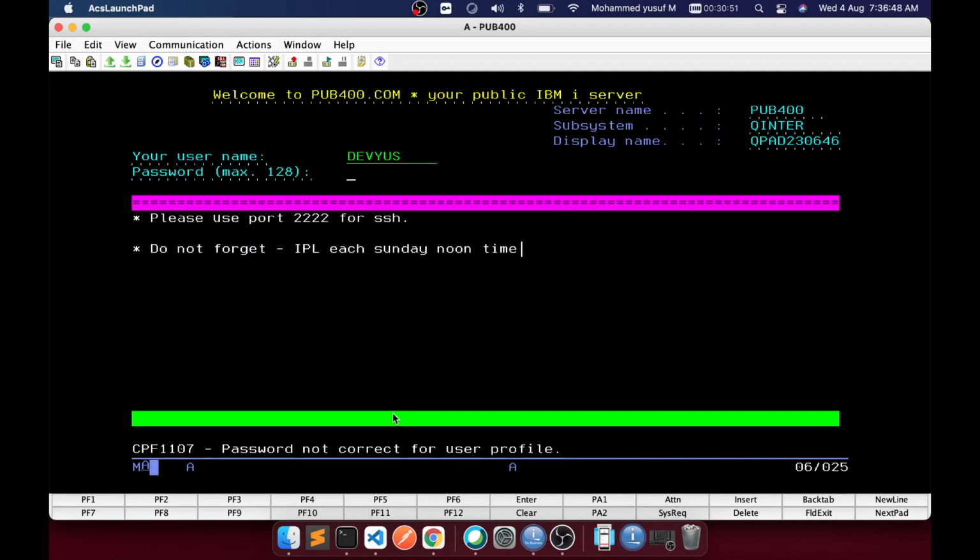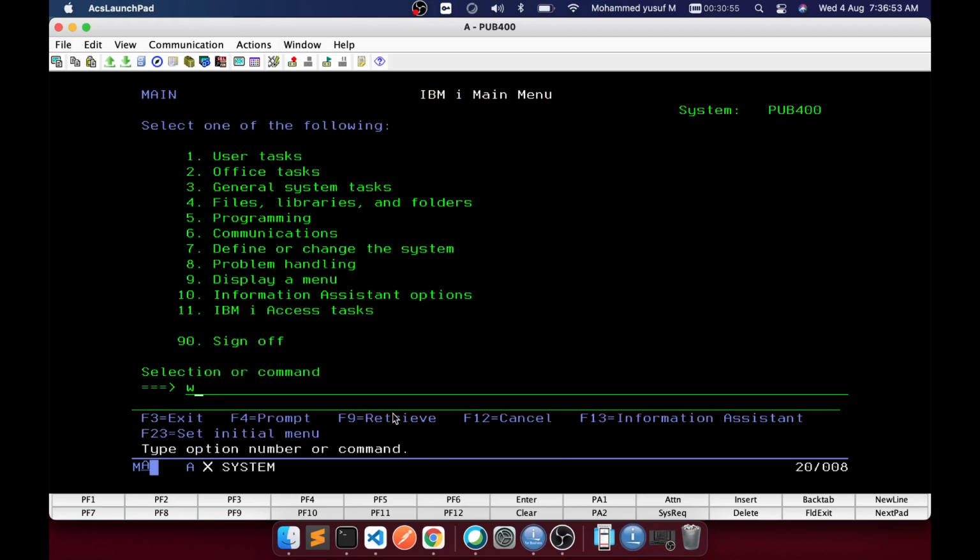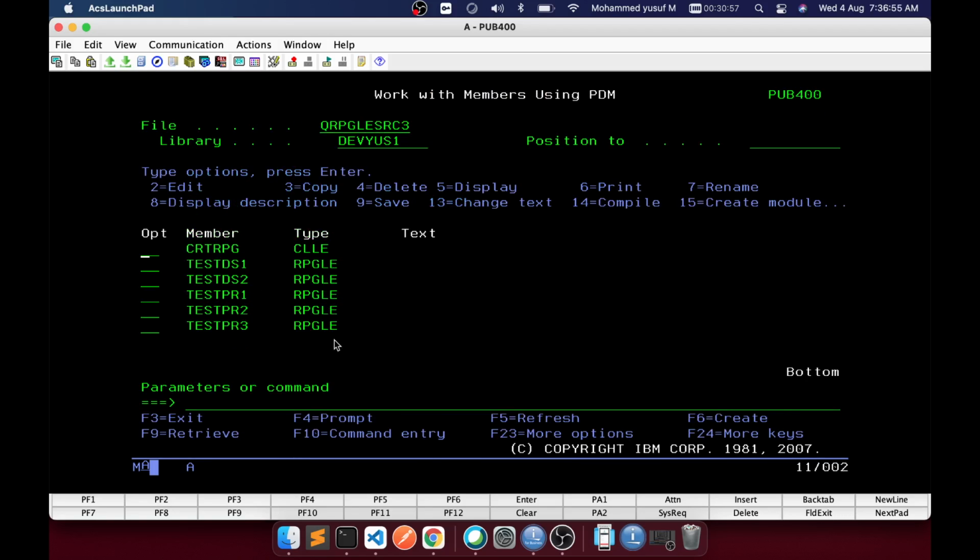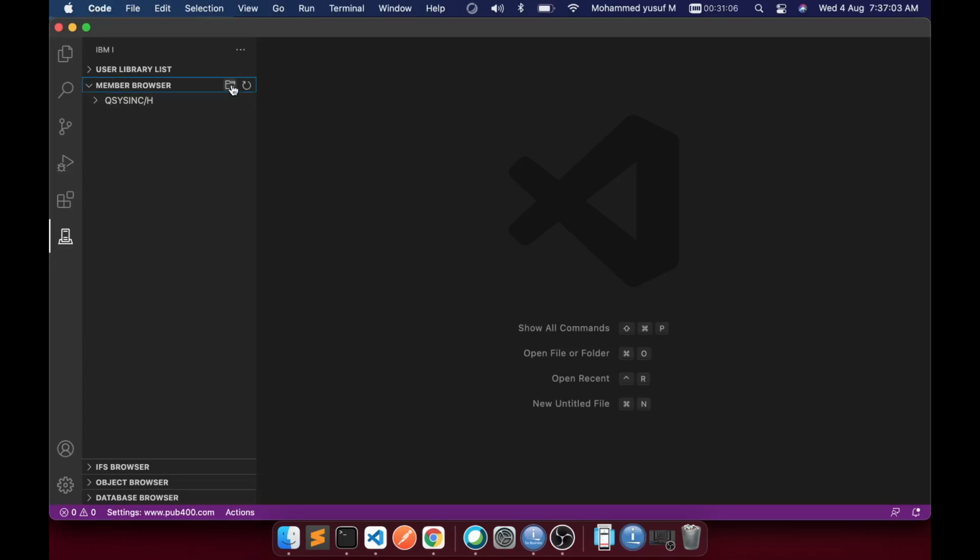What I'm trying to do is see this member source file in VS Code. It is DEVUS1 and QRPGLESRC3. So I can click plus and add US1 QRPGLESRC3. Once you do that, it will be added, and if you click it, it will expand. It will connect to the IBM i and show the result here.